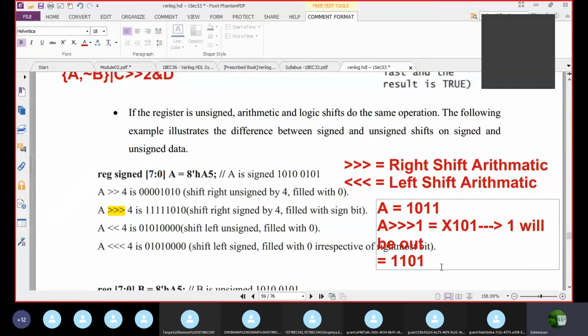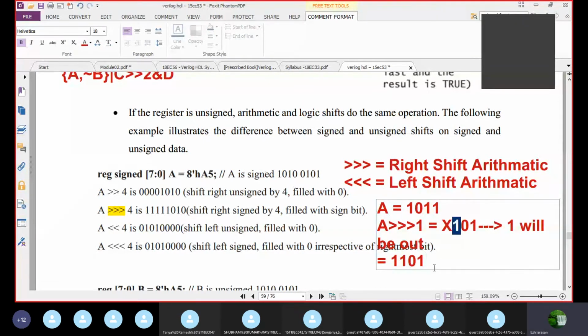So why do we need this? Sometimes you may need to preserve the sign, for example when you are going to perform some signed multiplication. Negative numbers will be there, so you need to preserve the negative sign. At that time you perform this kind of operation so you can preserve the sign. This one indicates a signed number. In the same way, if it is left shift, you have to fill with zeros. Very important. Only for right shift do you fill with the next bit.